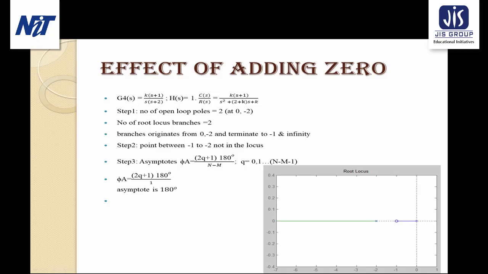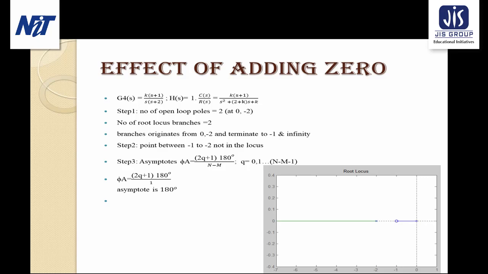So here the number of open loop poles is 2, located at 0 and -2, and the open loop zero is located at -1. So here the number of root locus branches will be 2. Among these 2 branches, one will terminate at -1, that is the zero location, and another will terminate at the